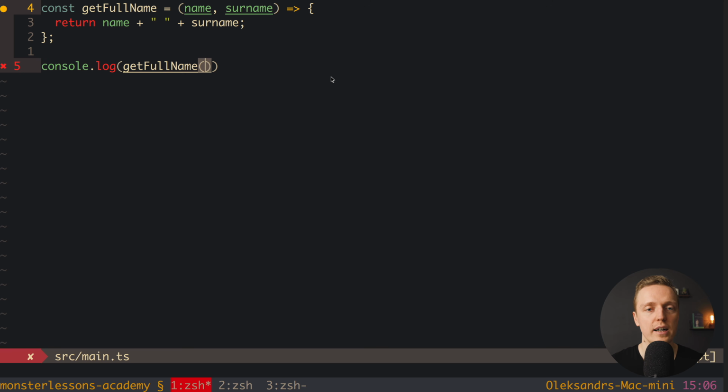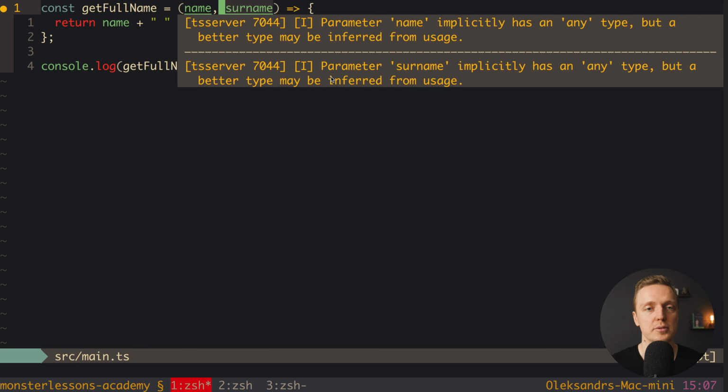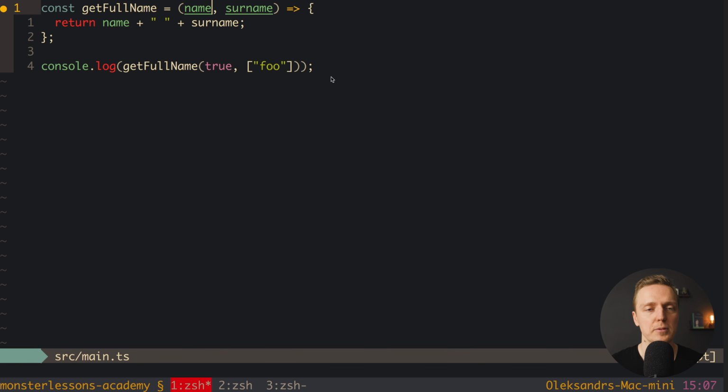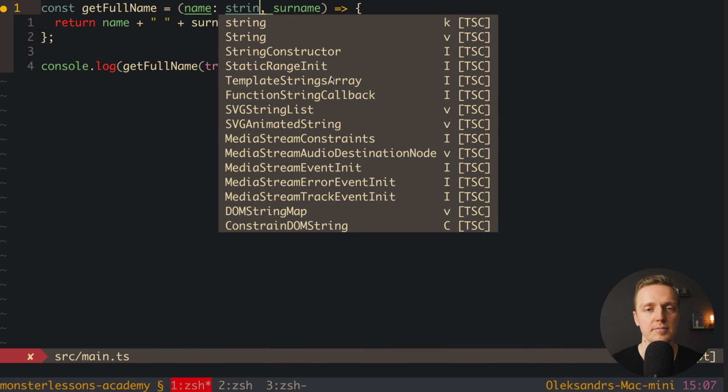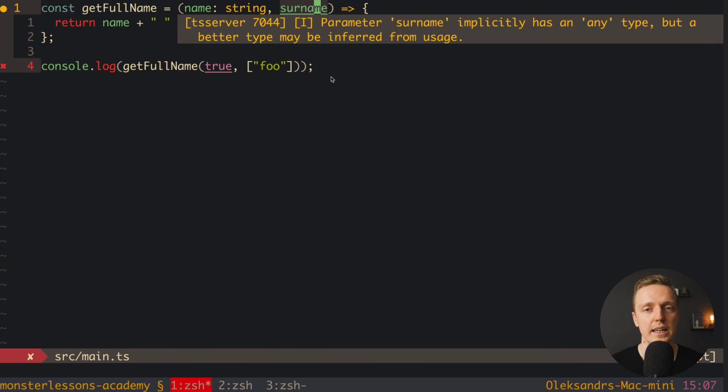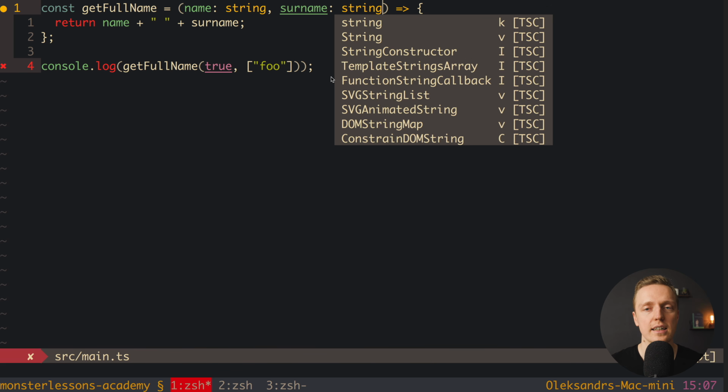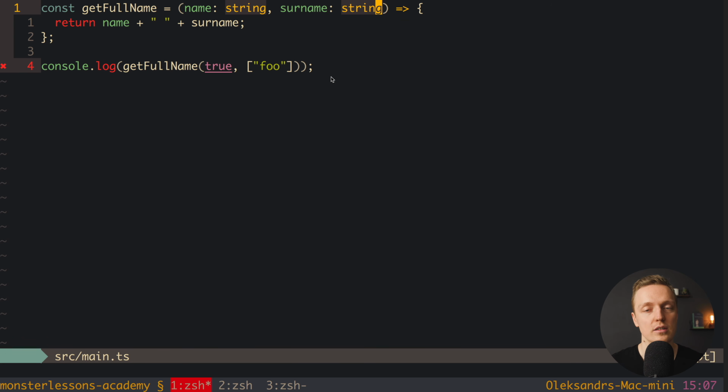This is why we can provide here whatever we want, for example, true and an array of strings. And actually it doesn't make any sense because it will be simply broken. And normally we want somehow to write our function safer and be sure that other developers are using this function correctly. And this is why we can specify what types of data we need. So here we can say with a colon and string that name should be a string. And the same with surname, we are setting here that we can also provide only a string.